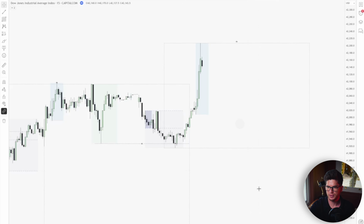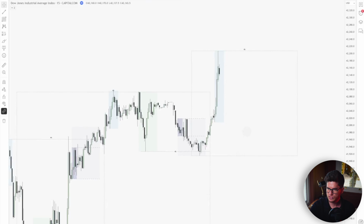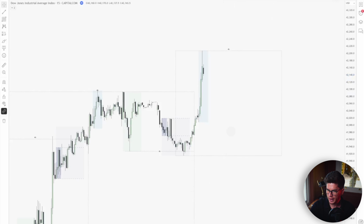So where's the inducement? This is inducing buyers in, early buyers, as their stops will be anywhere on the lower time frame in this period. So what I expected was for price to come back. If I draw this on, and take either London lows or maybe even take Asia lows as well as the 4-hour external range low before